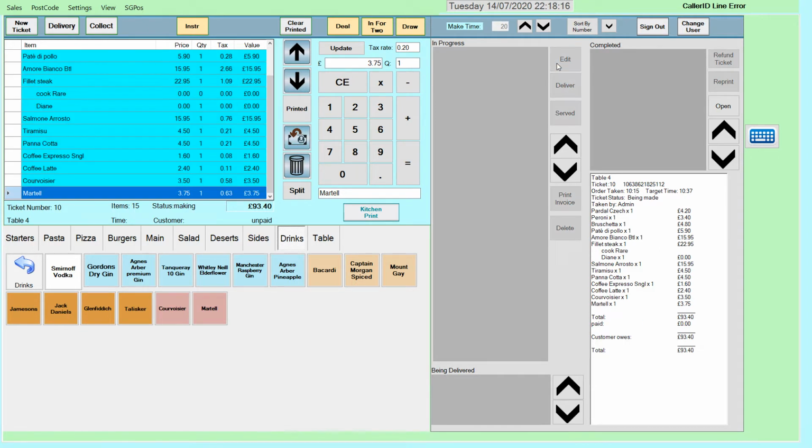Now if I just show you this, the items that have already been printed are in blue. So if you try and kitchen print again, you can't, because everything's been printed. Now you can either press this button, clear printed, and it will clear them all, and it will reprint the whole